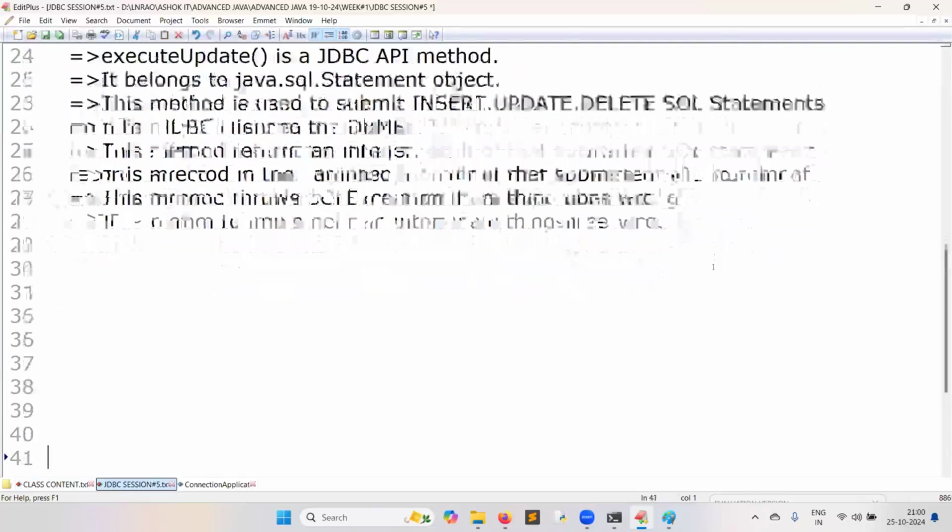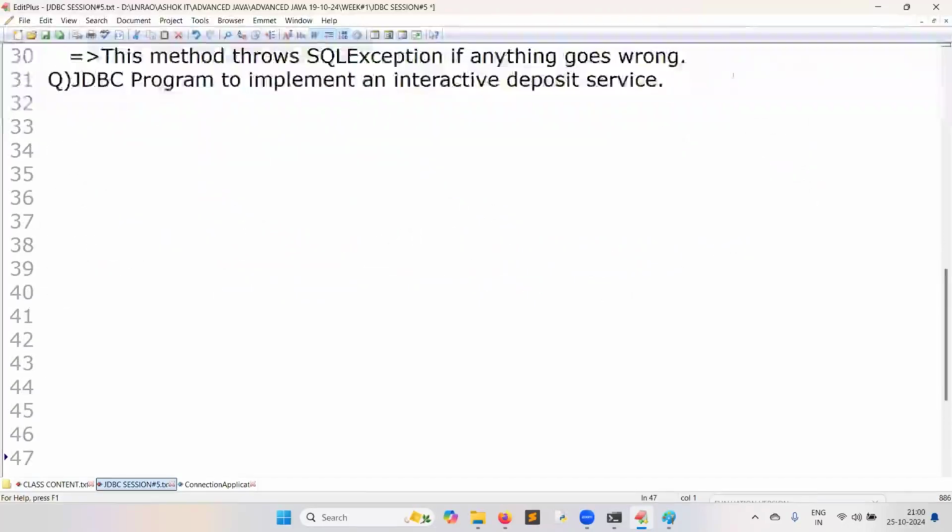So now the question is: JDBC program to implement an interactive deposit service. What is an interactive deposit service? Simple.